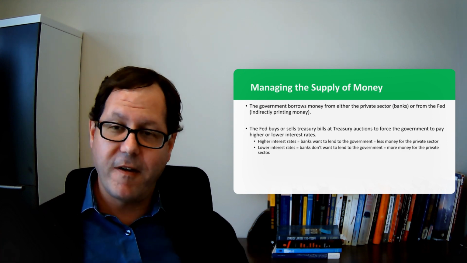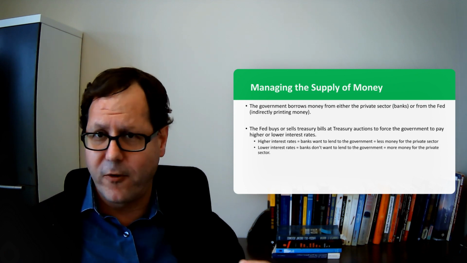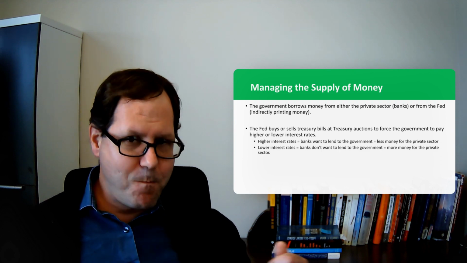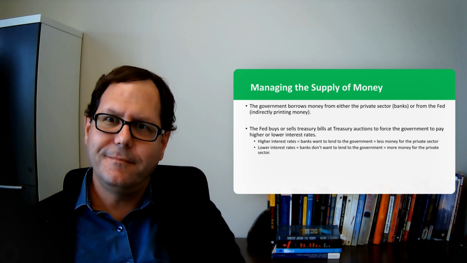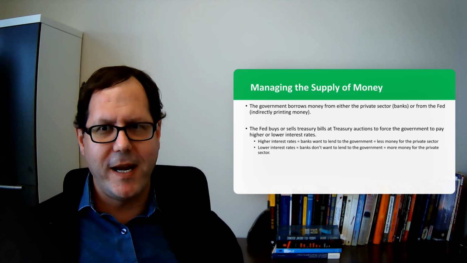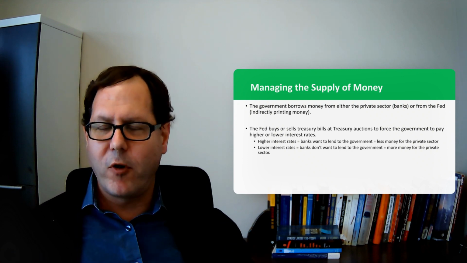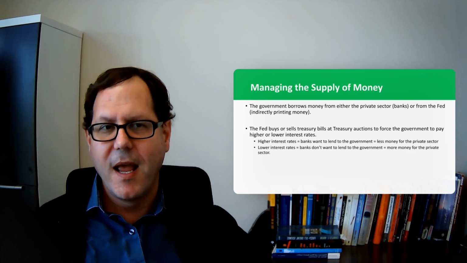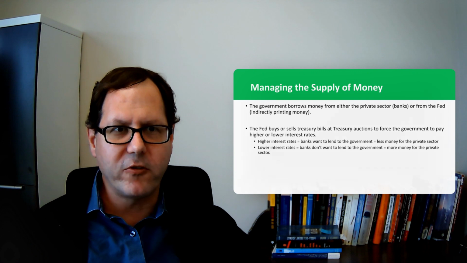And so if the Federal Reserve has decided that they're going to increase interest rates that the federal government pays on its debt, banks are going to want to give money to the federal government. I'm going to have to pay a much higher interest rate for my mortgage or for my business loan if I'm going to pull money away from being lent to the government and convince banks that they should lend it to me, a much greater risk of default.